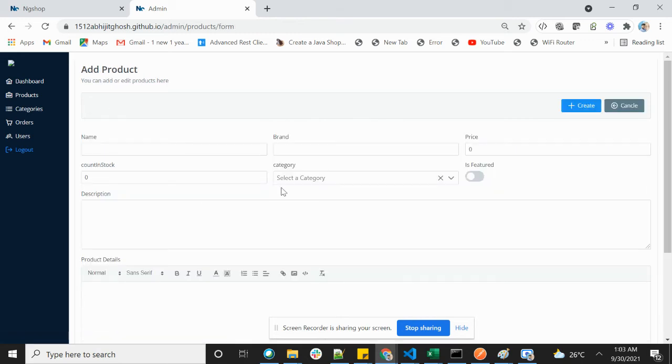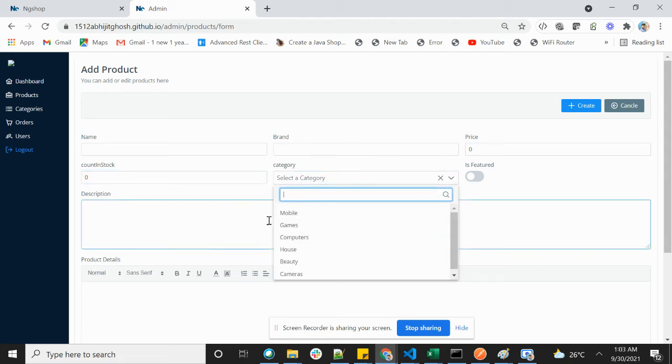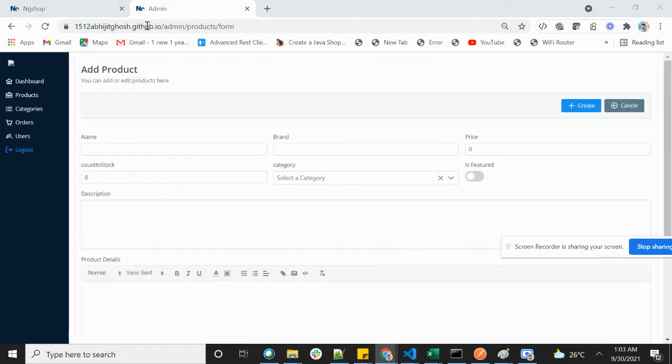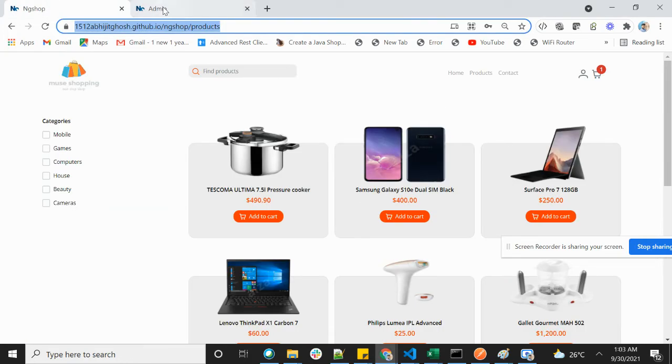Suppose if you add here, give product name, current stock, category, all those details. You give the product description, choose a file, and if you give upload, it comes in this page.